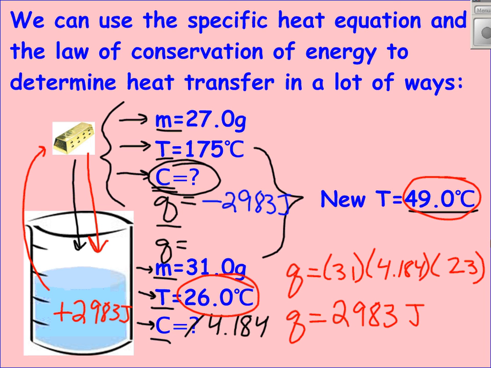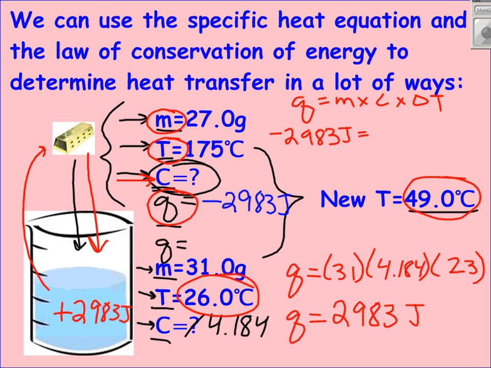Now look what we have done. We know the mass, we know the temperature, and now we know the Q for our metal. Now we can solve for our C. So we set it up like this. In our Q equals M times C times delta T, but now we're looking at the metal. I know my Q is negative 2,983. That's equal to the mass of the metal, which is 27,